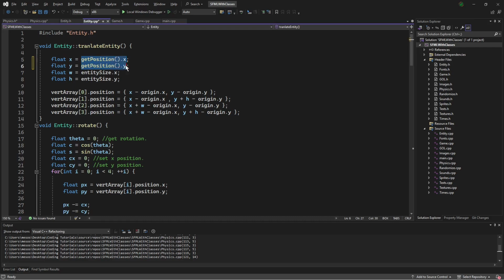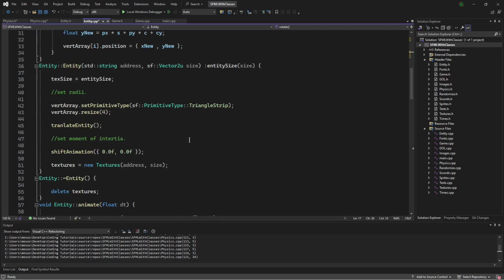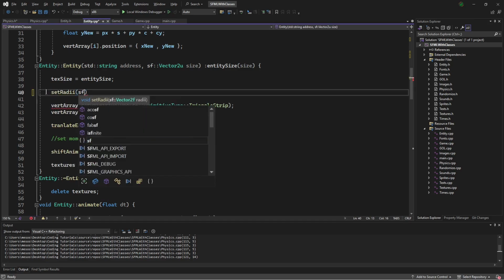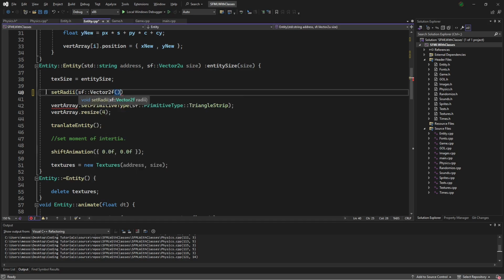We can also copy this, paste that there, then delete this. For our theta, we can get rotation and delete this. Scrolling down, here we will say our radii will equal SF vector 2f of size, and we